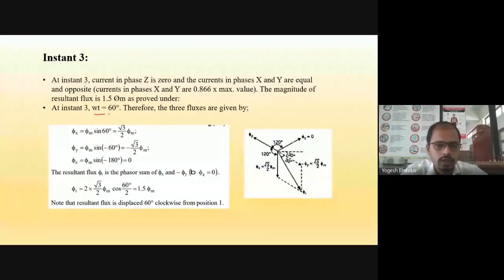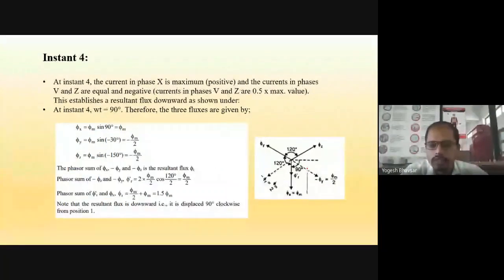At instant 3, omega t is 60 degrees. Then again we put in all these magnitudes. We observe that the resultant flux is in between phase x and negative of y. So again it is rotated by 30 degrees. And at the fourth instant, 90 degrees, we have observed that the resultant flux is exactly on the x phase axis. So at different instants we have seen that the resultant magnetic field